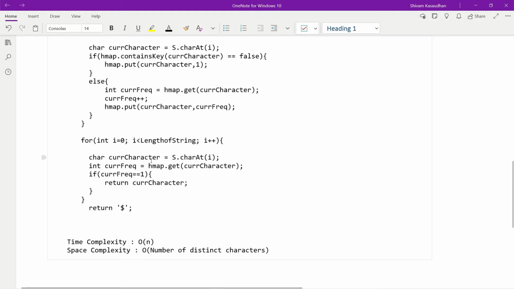I have initialized one variable, current character, and I will take one by one element from our string, and I will check. First of all I take the first element and store it in current character, and I will pick the frequency of that element. We'll initialize one variable current frequency, store that frequency of current character, and thereafter we'll check whether the frequency is equal to 1 or not.